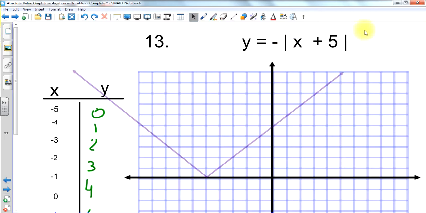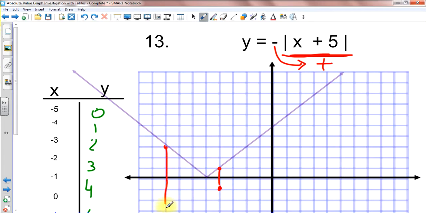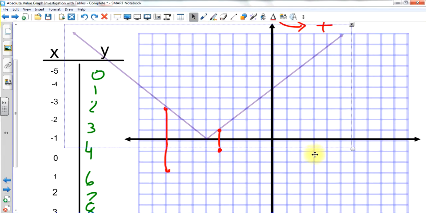But that negative, remember, we're going to take all these positive values that we get out of here, right? All the positives from here. And we're going to multiply them by a negative. So what that does is that takes these positive values and now brings them down to the negative. Takes this positive output, brings it down to the negative. See what I mean? So what the graph's going to do, if I were to graph this by hand,